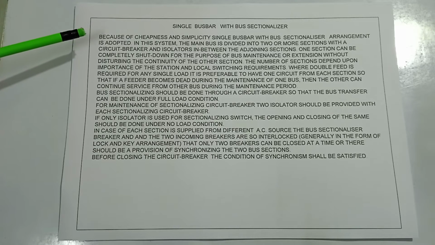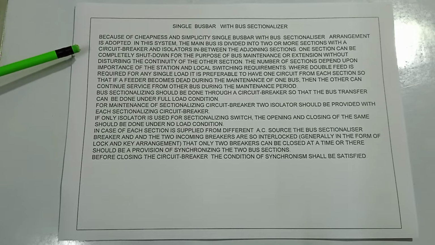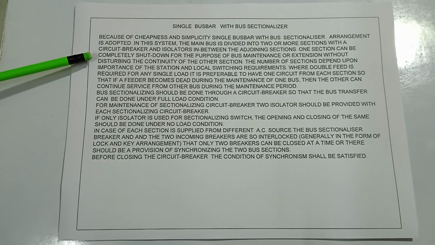Single busbar with bus sectionalizer. Because of cheapness and simplicity, the single busbar with bus sectionalizer arrangement is adopted. In this system, the main bus is divided into 2 or more sections with a circuit breaker and isolators in between the adjoining sections. One section can be completely shut down for the purpose of bus maintenance or extension